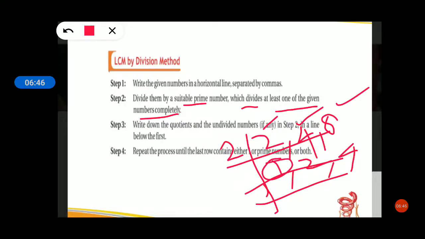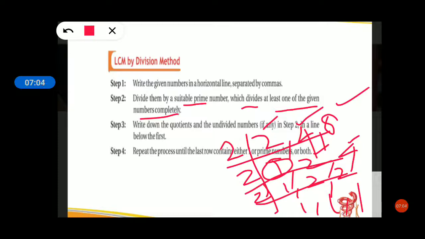This is no problem. After this we cannot solve it. Whereas for 2 and 4, what is the least prime number? You have to divide only by a prime number. Again 2: in 2 table, 2 and 4 will go. So 1, 2, again 2 twos are 4, so 2 here. Again I have 2 here, again I can divide it. 2, 1, 1, 1, 1.